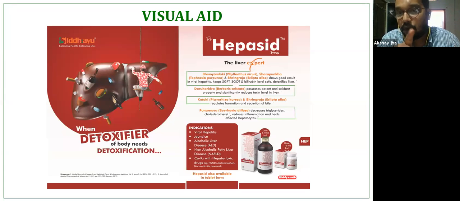So always make sure that your entire content is in Z. So in this case also, HIPAACID is the first part of the Z. This is how it actually goes, right? So first HIPAACID, then the content. Second important, the least important is indication and pack shot, because the doctor already understands that if I have a liver tonic, what its basic indications and basic dosage could be, right? And this is again an example of bad visual aid.